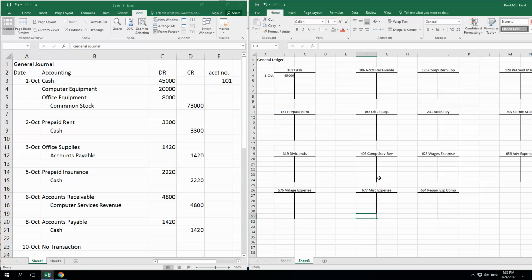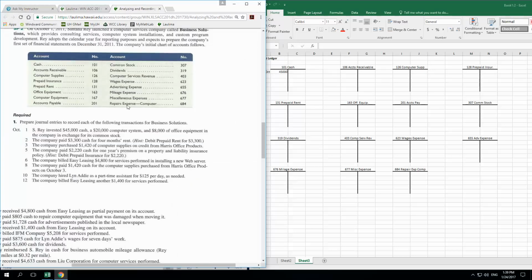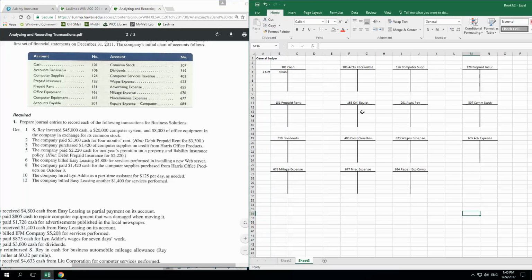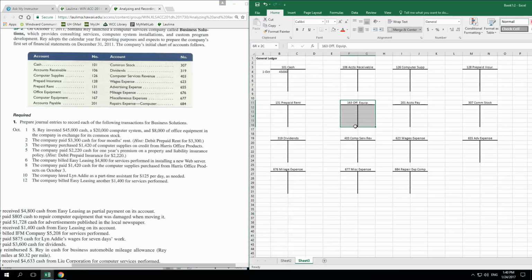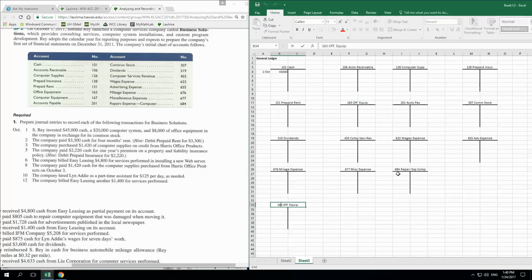Did we skip and not put one of these accounts in? Here it is. Oh, we missed an account. Did we? I think we missed putting in an account. We don't have our computer equipment account, 167, or do we? We don't, right? Okay. Why don't we just put them in? So I'll put it down here. Okay. 167 is